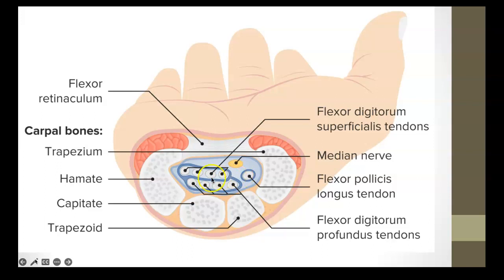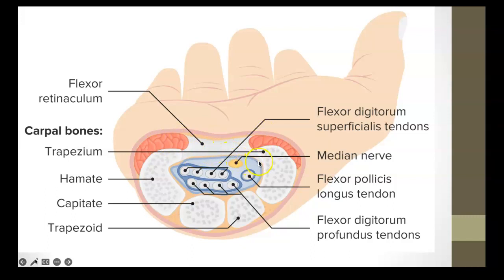carpal tunnel. And then surrounding that carpal tunnel, we have several carpal bones, right? So we have our hamate, our capitate, our trapezoid, and our trapezium. And if we look at this from a row perspective, then we would say that this is the distal row of carpal bones, creating the floor of the carpal tunnel. And then on the roof of the carpal tunnel, we have muscles encasing, but we have this flexor